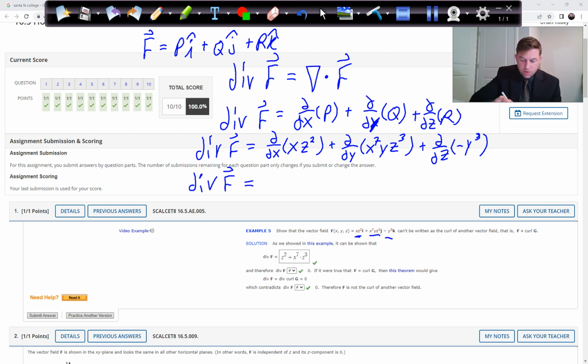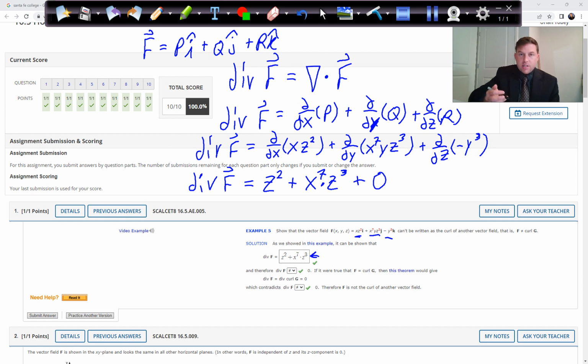So if we take the partial with respect to x, this would be z squared, plus the partial with respect to y of the second term, which would be x to the seventh, z to the third, so the y term will completely go away, and the partial derivative of negative y cubed with respect to z is 0. So the divergence of F is z squared plus x to the seventh z cubed, which I have typed right here,